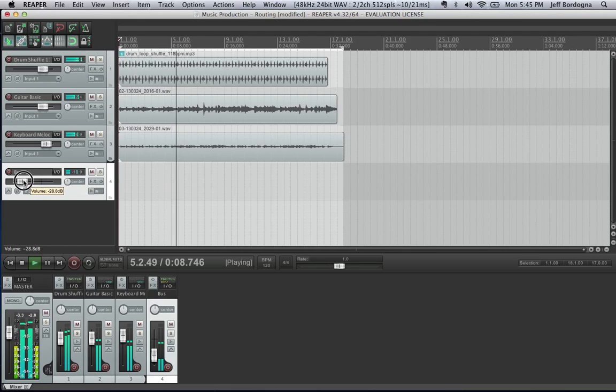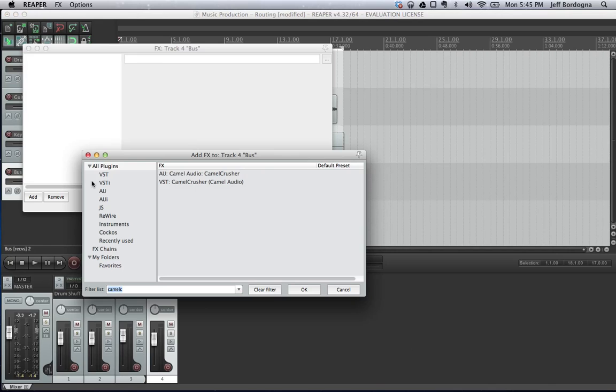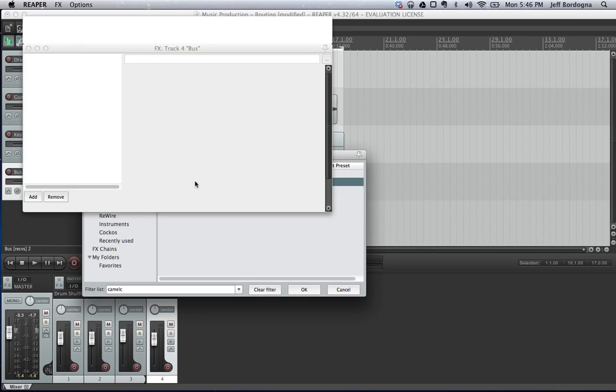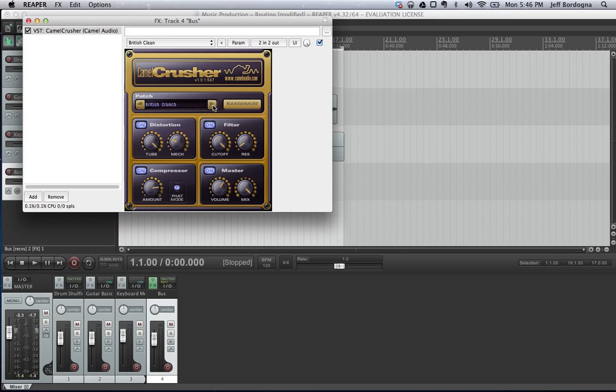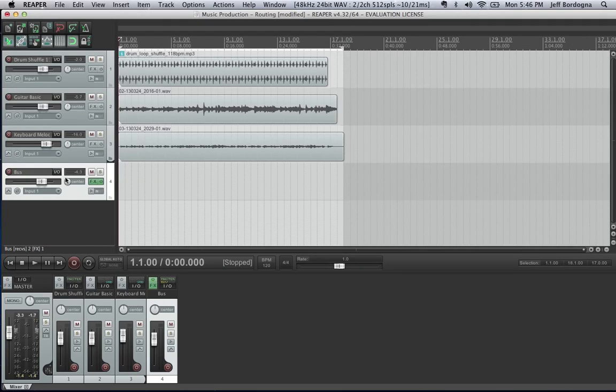If I change the volume here, it changes it for both those 2 tracks, but not for the drum track. And we can also do things like effects. So if I click that effects button, I'm going to add some basic color to our sound, just to give it a nice crunch sort of sound to it. And I'm going to do that just for the bus here, and not for the individual tracks at all. And so when I go ahead and play this, you'll hear that that's a nice crunch sound for just the piano and just the guitar, and not for the